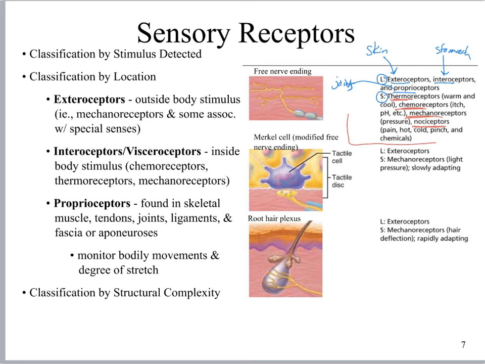So you can see you can do these broad categories. And so here's another way. Your exteroceptors tend to be mechanoreceptors with some exceptions, okay? So the Merkel cell would be an example of an exteroceptor that is a mechanoreceptor. And over here is just organizing some of this information and redoing what I did on the blackboard just a minute ago. All right, so we've looked at classifying sensory receptors based on location and based on stimulus type,